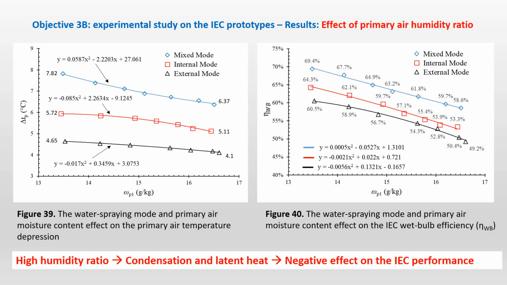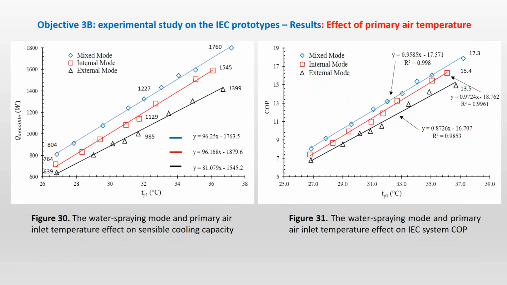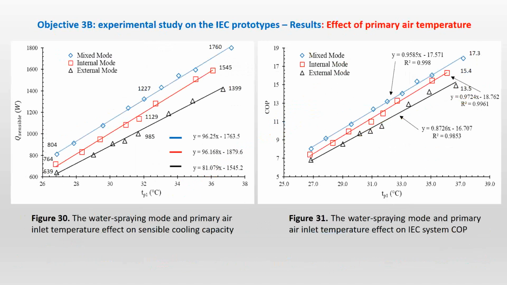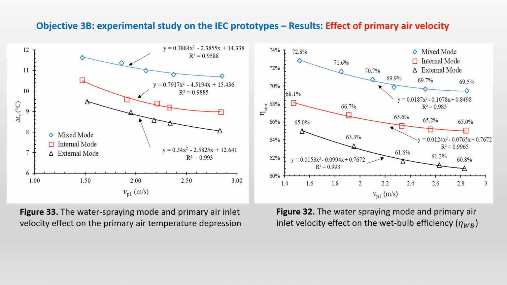Which one were we meant to talk about? Yeah, we're increasing the velocity. Now, actually, what's happened? Why, when I increase the primary air velocity, will the decline happen, while when I decrease the secondary air velocity, the performance will be better? Usually what happens here is that the air passes the plate faster, so we're going to have enough time for the effective heat exchange. That's the reason. Though the Q has increased because the mass flow rate in the equation has increased.